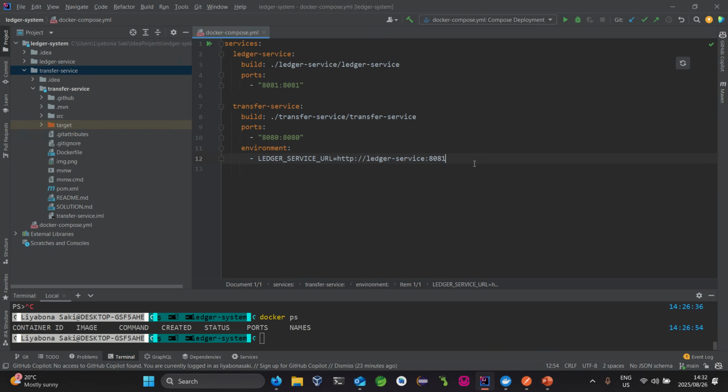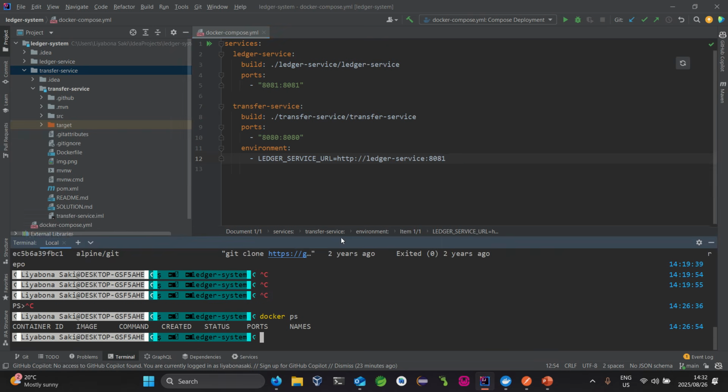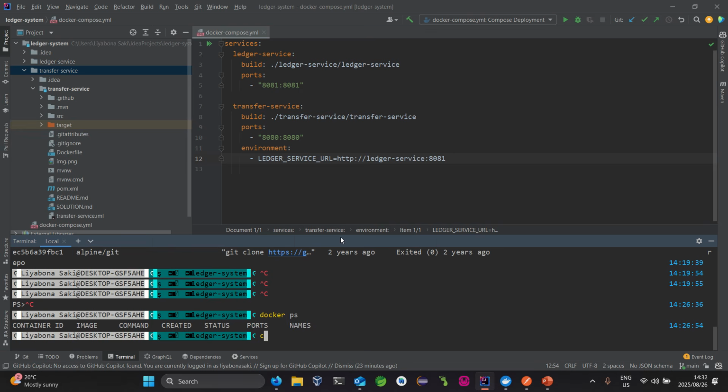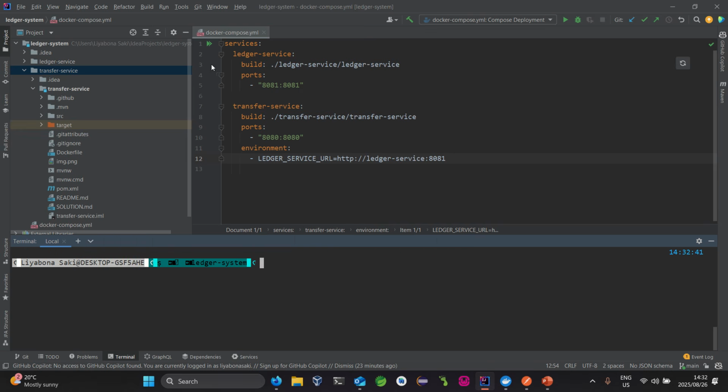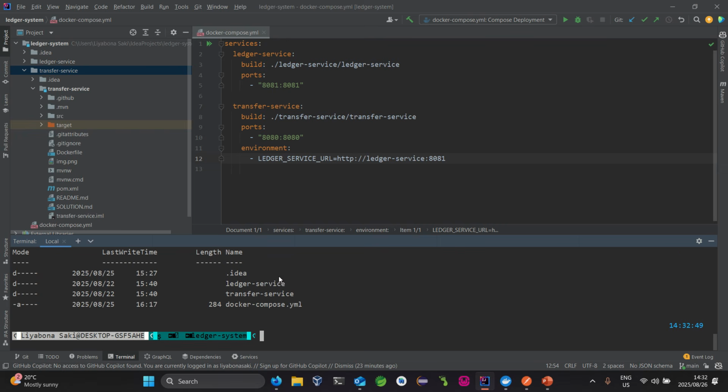Okay, so now that we have all of these in place, we can begin. Just going to clear this. We can begin running again. You could do docker compose up, for example. If now I do ls, because it's important that when you run this Docker Compose file, we are on the correct path where the projects are. Okay, for example, here it's possible that if you want to use this way, you can do docker compose up,